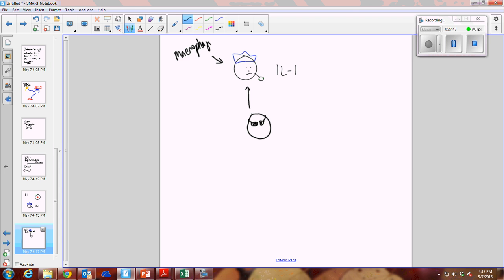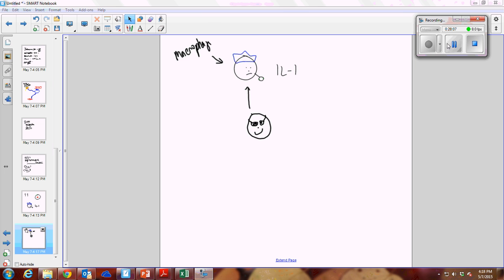Well, helper T cell doesn't look all that great, but he is able to help you in your time of need. And his specific job is he's going to look at those antigens there,